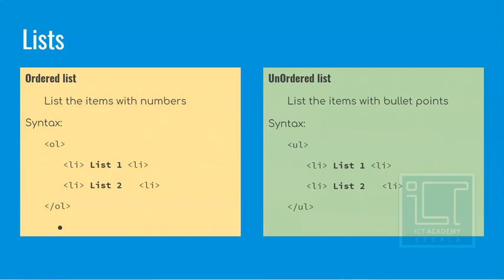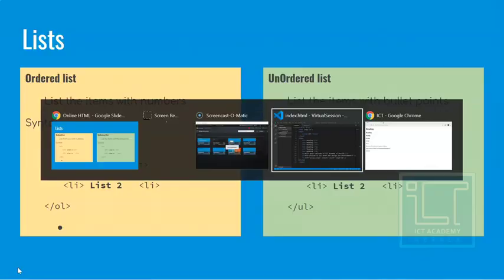Ordered list, as the name represents, lists the items with numbers. For example, consider a list of fruits: 1 will be apple, 2 orange, 3 grapes, 4 pineapple, likewise. That means the items will be listed using numbers, but in an unordered list the items will be represented using bullet points. Bullet points are like a dot or whatever bullet point we can use. So let's go on to the live session regarding that.